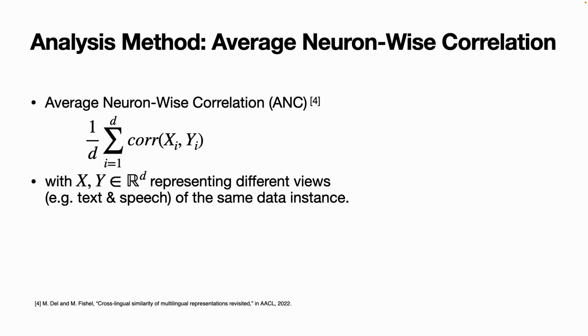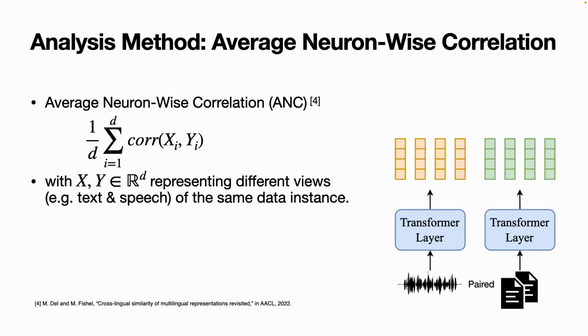First, the tool we use to analyze the pre-trained representations is called the average neuron-wise correlation, or ANC. In this metric, we assume there are two random variables, x and y, representing different views of the same data instance. The ANC basically computes the correlation between the two sequences of representations. To be more specific, here we show an example where we have a speech-text encoder encoding a paired speech